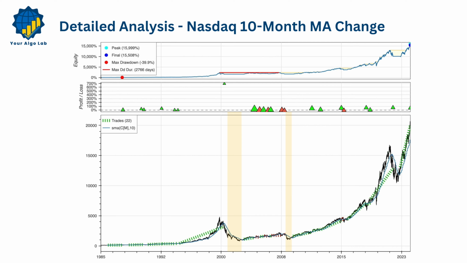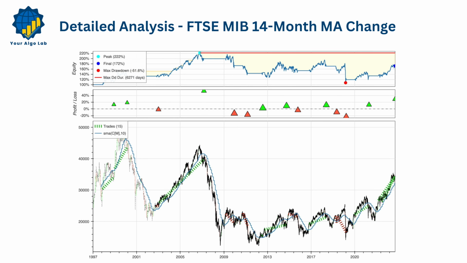financial crisis. Now let's take a closer look at one of the poorest performing strategies, the 14-month MA change on the FTSE MIB. This strategy generated losses primarily because the signal period was too long, making it slow to adapt to changing trends. Additionally, the FTSE MIB has mostly remained in a trendless state since 2009, further contributing to the